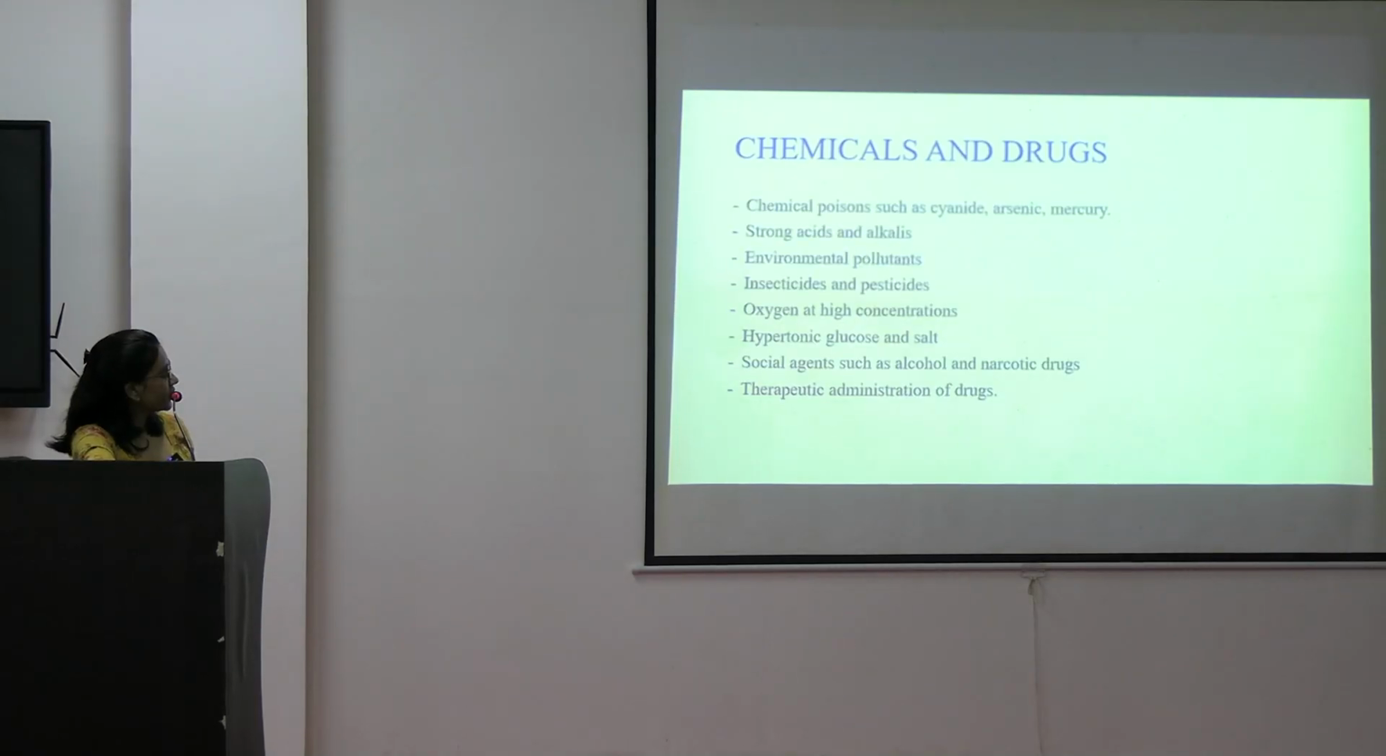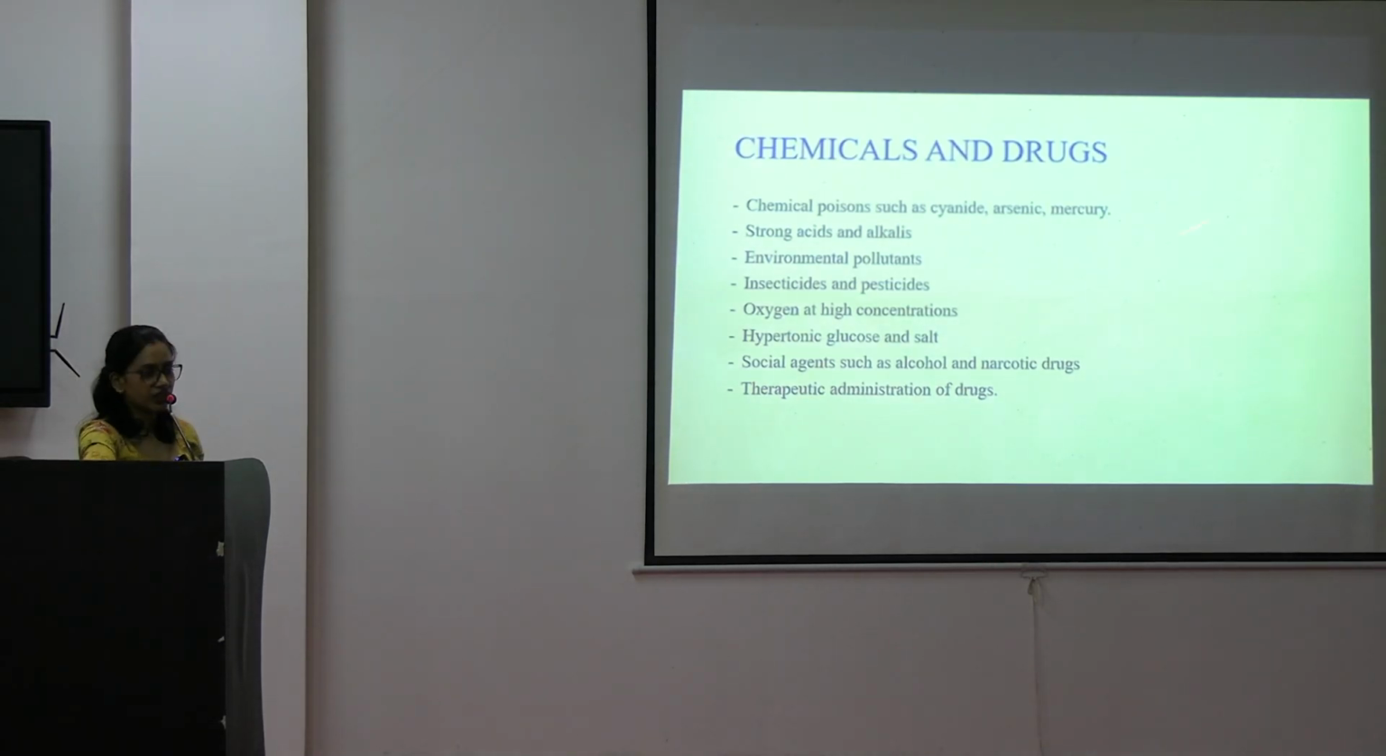Chemicals and drugs, this is also important. Please remember the names. Okay? Poisons like cyanide, arsenic, then strong acids, alkalis, some pollutants, insecticides and pesticides, even oxygen at high concentrations can cause cell injury. Then hypertonic glucose and salt, social agents like alcohol and narcotic drugs, and even some therapeutic drugs can